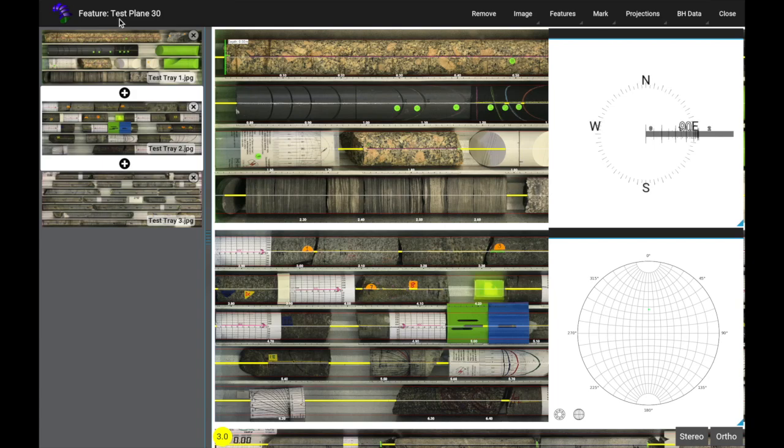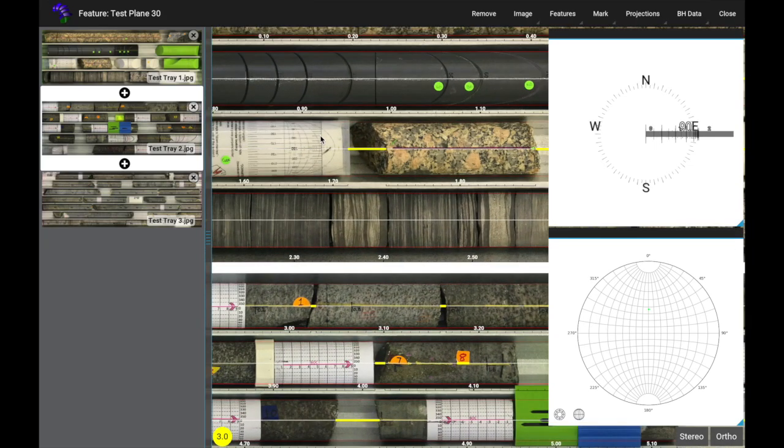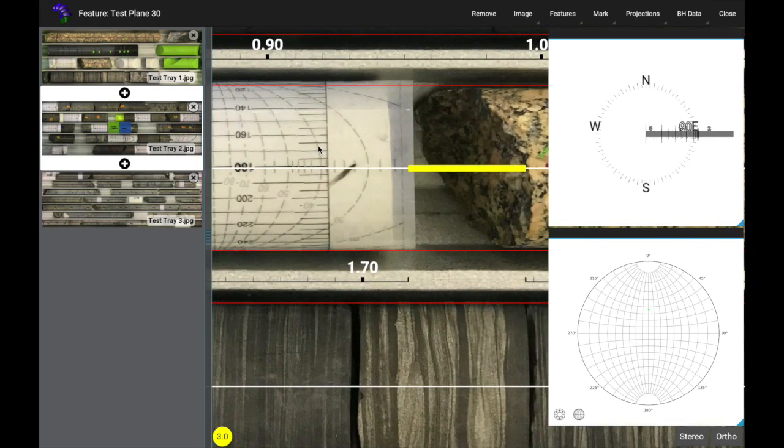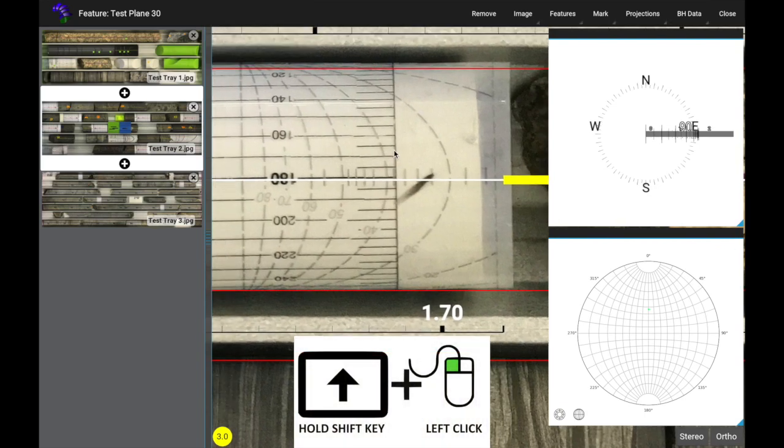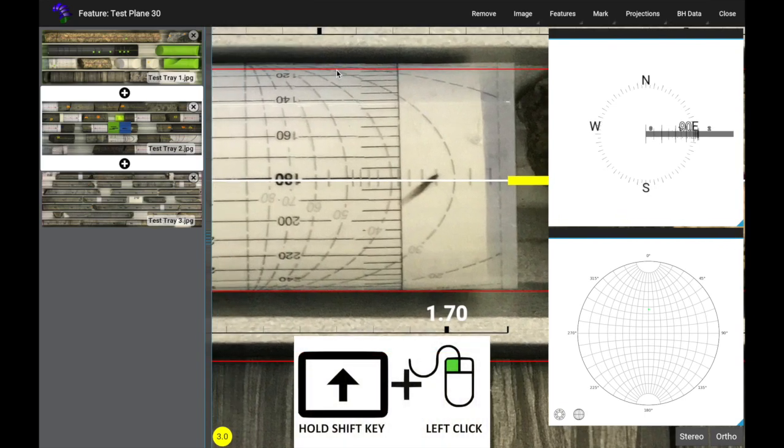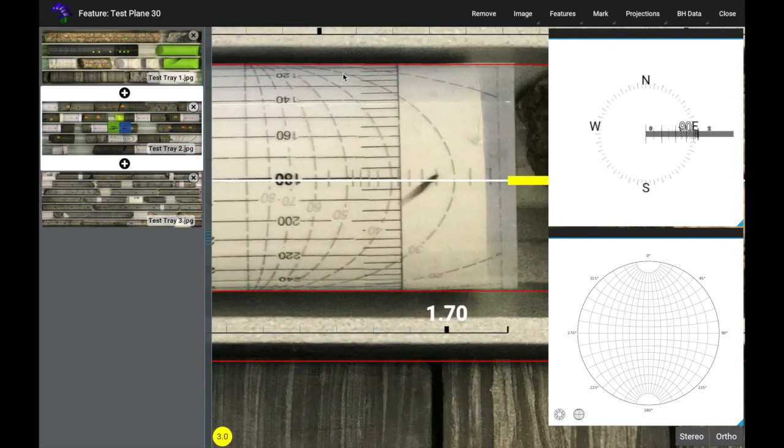We will then be able to log this new feature. You can see in the action bar on the top left of the screen that the current action is shown to be this new feature, test plane 30. We now locate the feature that we would like to log and click anywhere along the trace of the ellipse